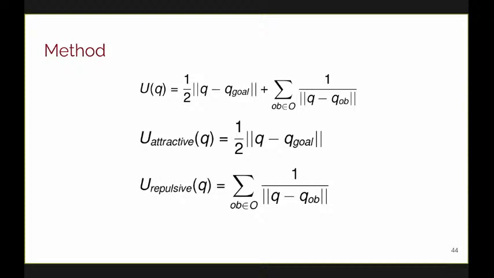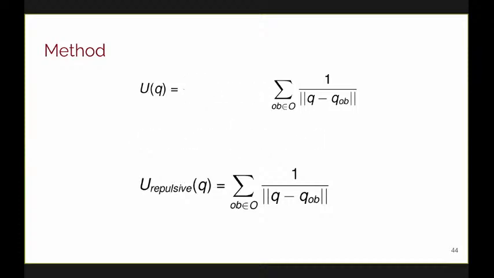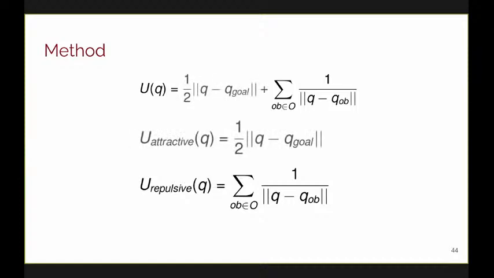So just as a recap, this is the artificial potential function that we used for the first bit of our work. And one thing I didn't mention then is that we didn't use an attractive component. We didn't have a goal that we wanted the user to achieve. Instead, we just used the repulsive component, where we tried to push users away from obstacles and boundaries. And so what we're going to do here is reintroduce this attractive component. We're going to create a goal, and that is how we're going to achieve the specific identity mapping.